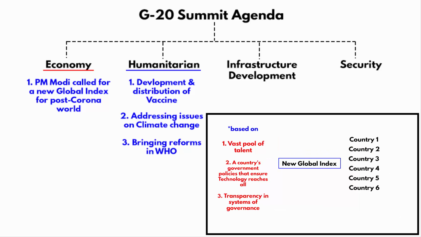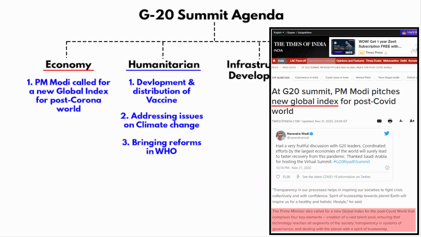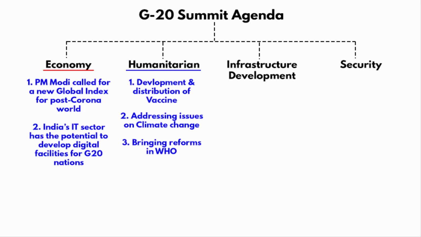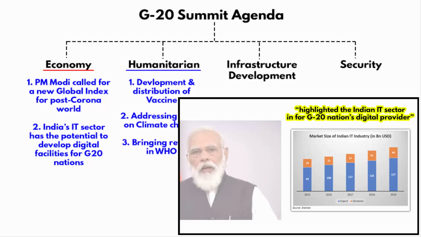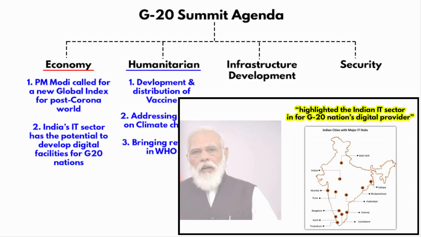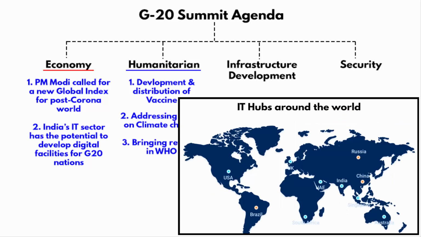So that is the concept behind this new global index idea. Prime Minister Modi has also highlighted the Indian IT sector. As you all must be aware, India is the hub of the global sourcing market. In other words, businesses around the world seek India as the most cost-efficient location for IT services and business process management. India is the leading sourcing destination across the world, accounting for approximately 55% market share of global services sourcing